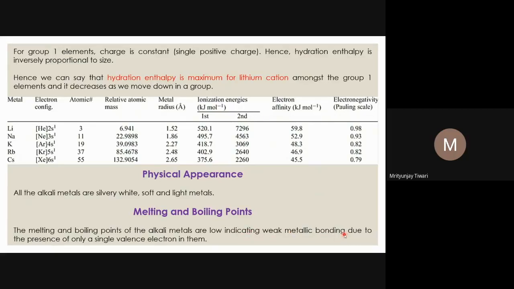And why is there weak metallic bonding? We have seen that in metallic bonding there are cations, or metal ions, and electrons in different places, and the attraction between electrons and metal cations is defined as the metallic bonding. If more electrons are involved in this attraction, the metallic bonding is stronger. Since alkali metals have only one electron in their outermost shell, only one electron is involved in metallic bonding, so this bonding is weaker. And since this bonding is weaker, they have very weak attraction between the metals, and so they are soft. Their melting and boiling points are also low.